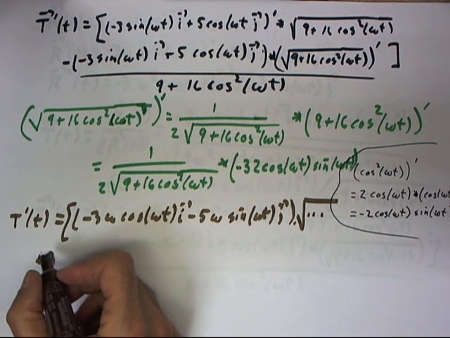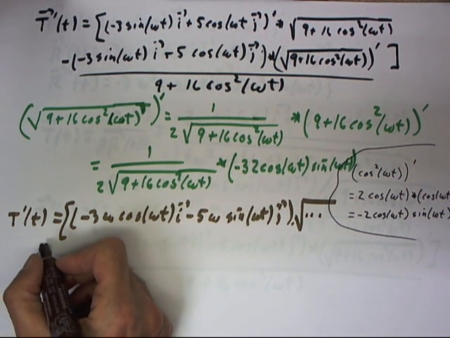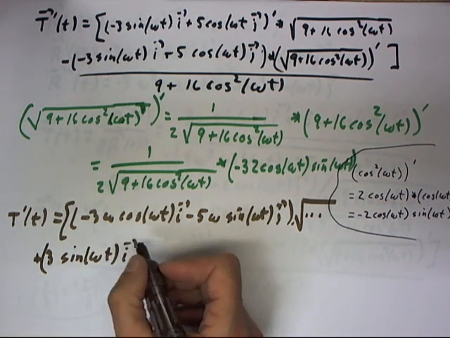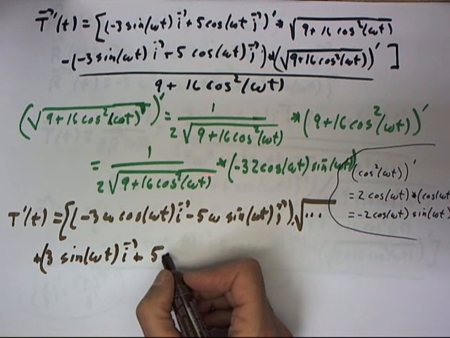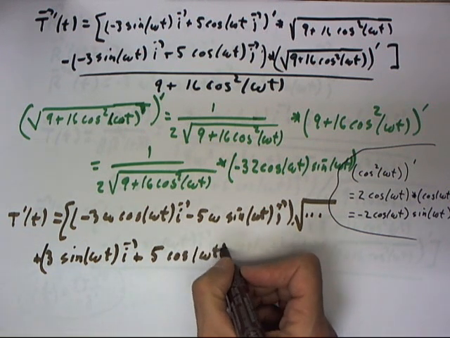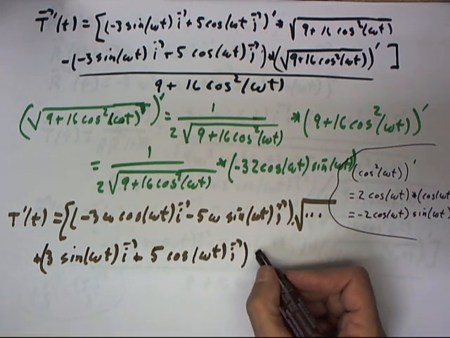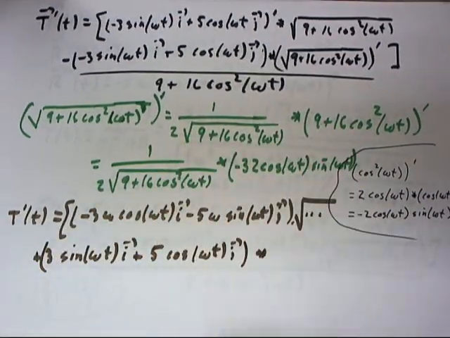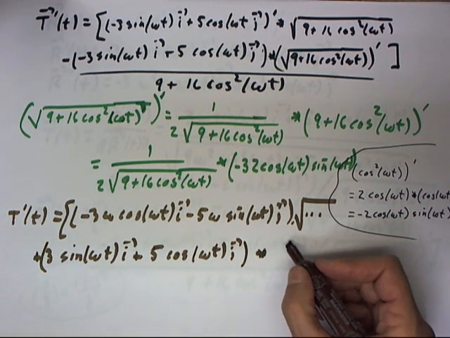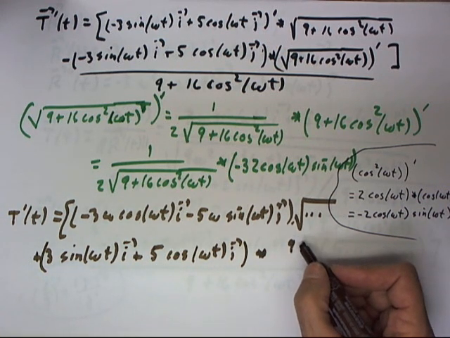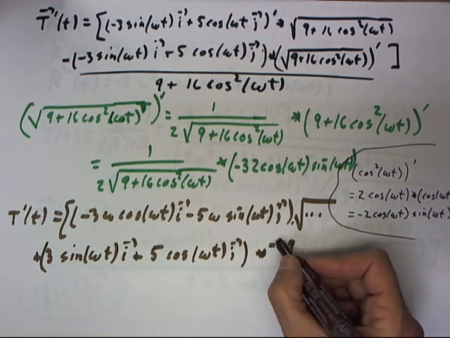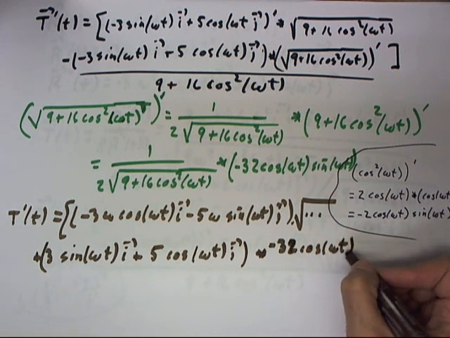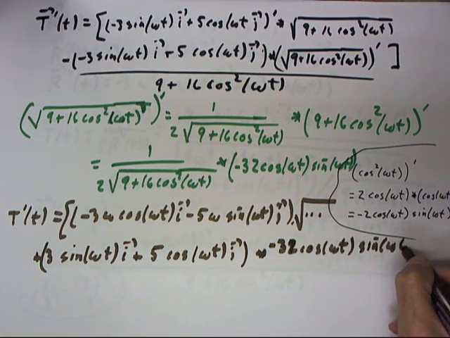So we end up with 3 sine of omega t times I plus 5 cosine of omega t times j, multiplied by the derivative of this, which is this, and we're going to write that as, I'm sorry, I got the wrong thing here, minus 32 cosine of omega t sine of omega t